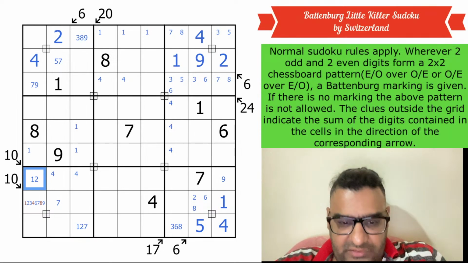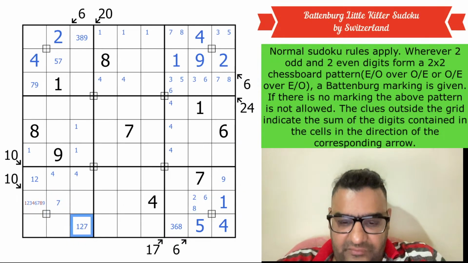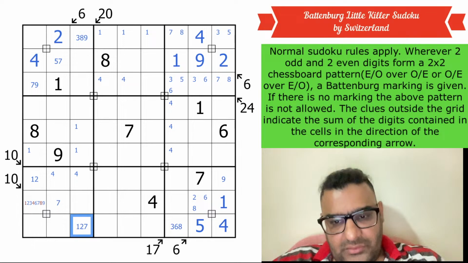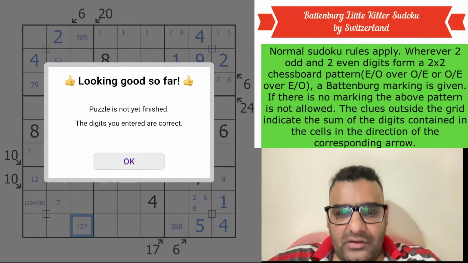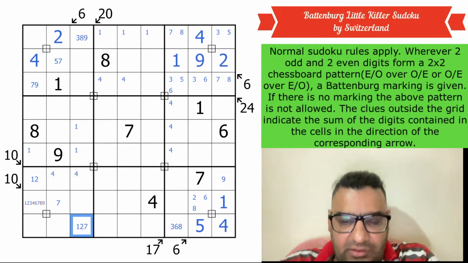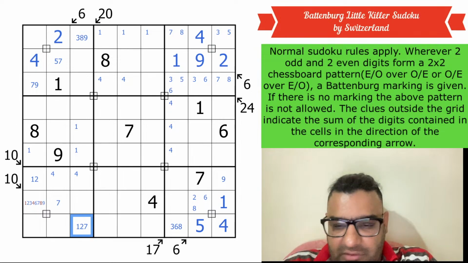If I put 7 here, the puzzle is not finished yet. The digits you entered are correct. If I have added the correct numbers until now, 5, 4, if 5 and 4 are right,